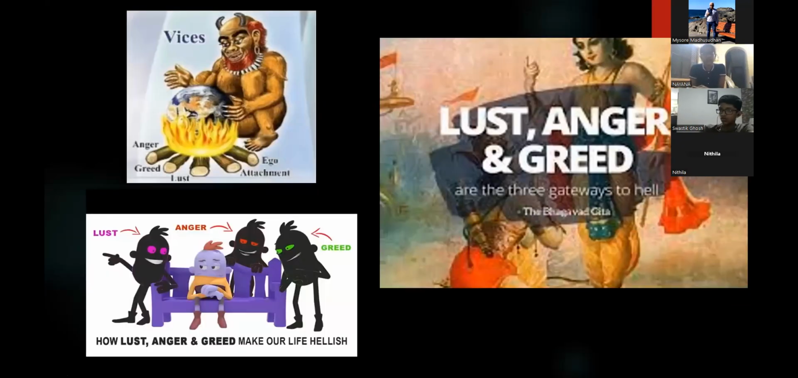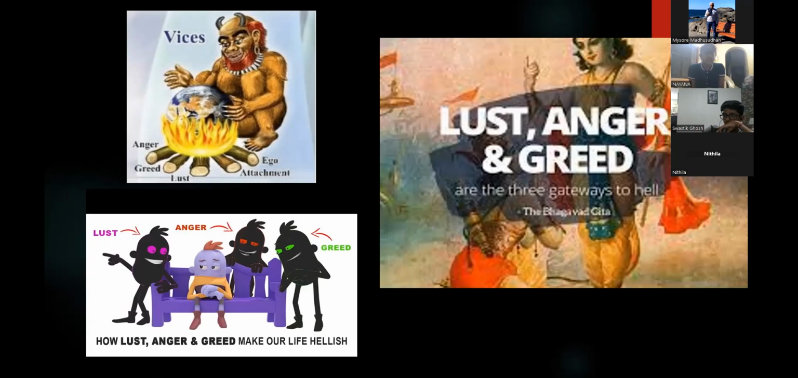So here, Lord Krishna explains that the three gateways to hell are lust, greed, and anger, as Rishikesh explained very well in the last ones. So if anybody is liberated from these, meaning they completely don't have these habits, they will reach the supreme goal, which is Paramatma. So let me talk about these a little more. There are five vices: anger, greed, lust, attachment, and ego. As you can see in the first picture,